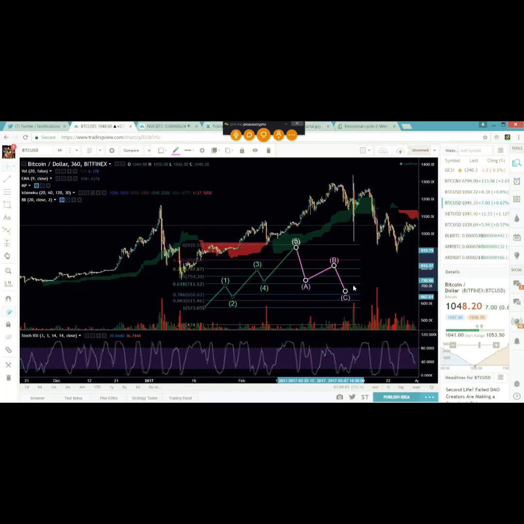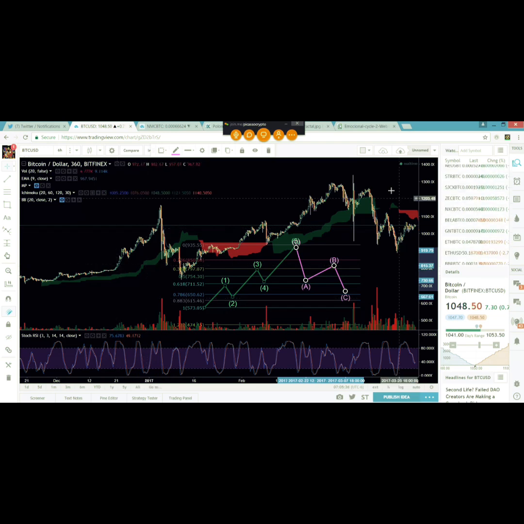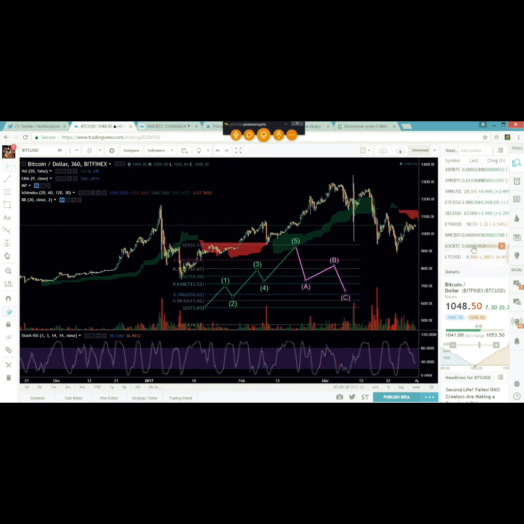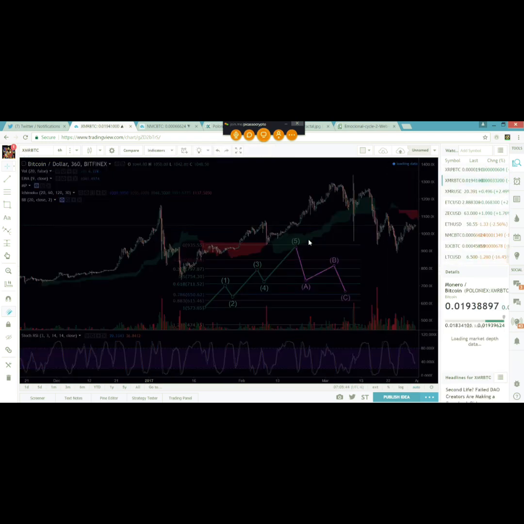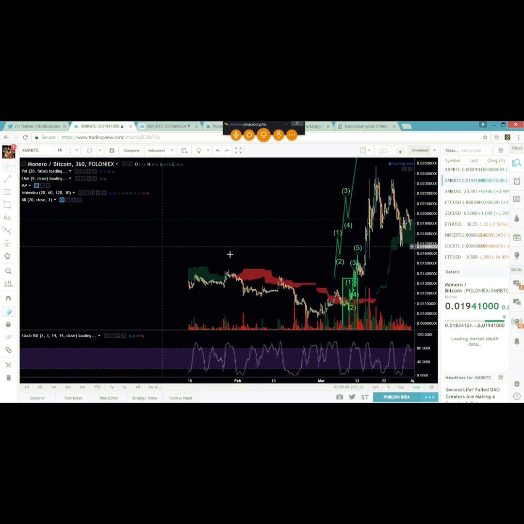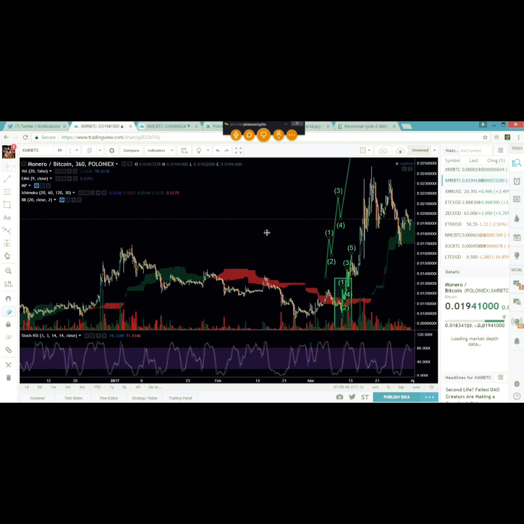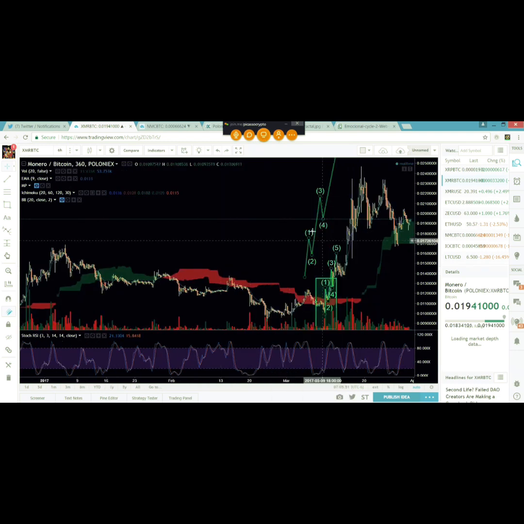Like if this whole thing would be a 1 and then a 2. This isn't the same example I was looking at yesterday, sorry. Yeah, this whole thing would be a 1. The 1, 2, 3, 4, 5 up would be a 1, and then the ABC would be a 2 of a larger move. So it's really just understanding what you can get out of each move, and taking it for what it is. The only way that you can really have a clear affirmation that something big is coming, more than what you were looking at in the small waves, would be like what we saw with Monero and Ethereum. But Monero's a really nice example.